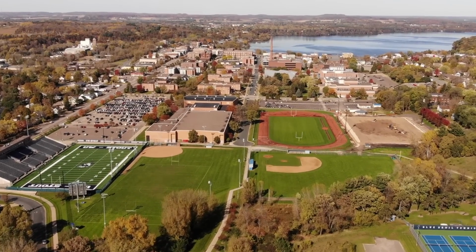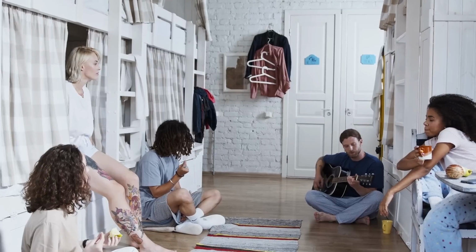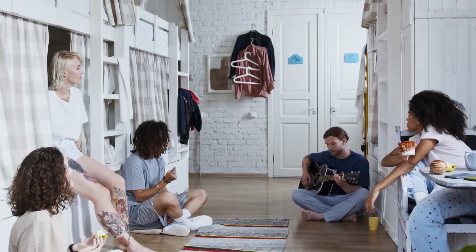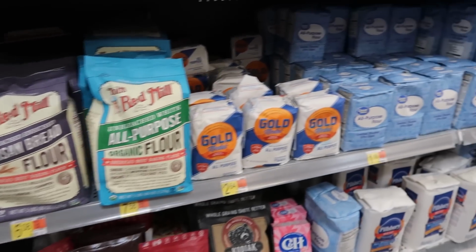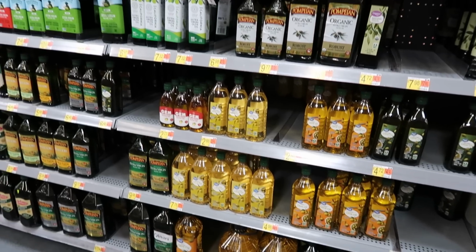Fall is in the air. Everyone has gone back to school. A lot of college kids have moved out for the first time. Perhaps you've moved out and gotten your own apartment and it is time to stock up your pantry for the very first time. We are headed into Walmart today to put together your pantry essentials, the things that every kitchen needs